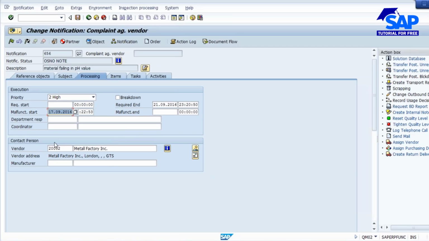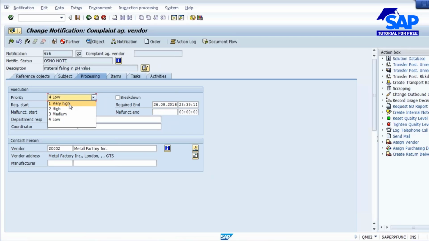Still the system date is 17th. Accordingly, the dates are getting changed. According to priority, you define the duration. Suppose I change it to low, the required start date and required end date keep getting changed.